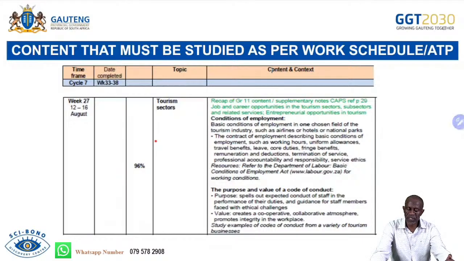So that would refer to, as far as conditions of employment are concerned, the contract of employment, describing also the basic conditions of employment, such as working hours, uniform allowance, the travel benefits, leave, the core duties of an employee, the fringe benefits, remunerations and deductions, the termination of service, professional accountability and responsibility, service ethics procedure,